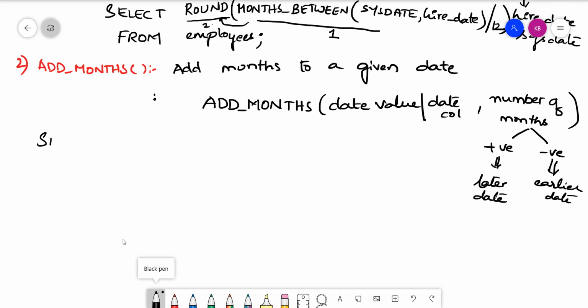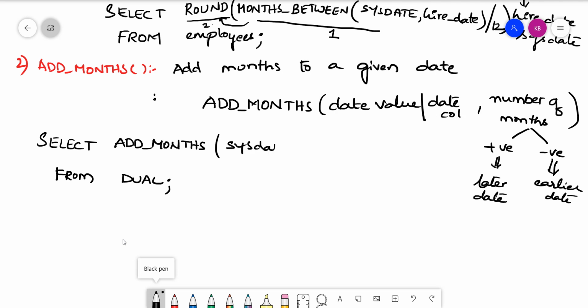Let us try to implement that in a simple select statement. So select from dual; I am directly using the dual table because I want to evaluate on the current date itself. So add_months, I want to apply this on sysdate, comma 3.